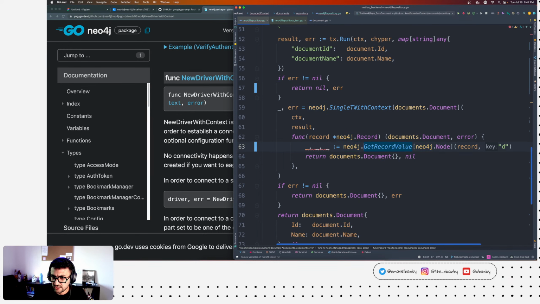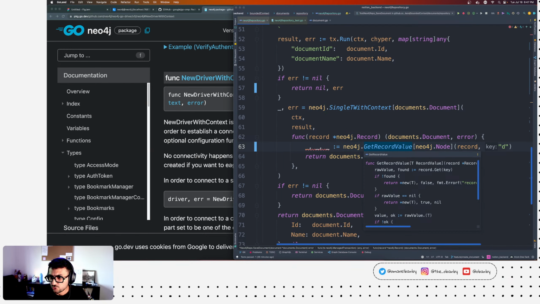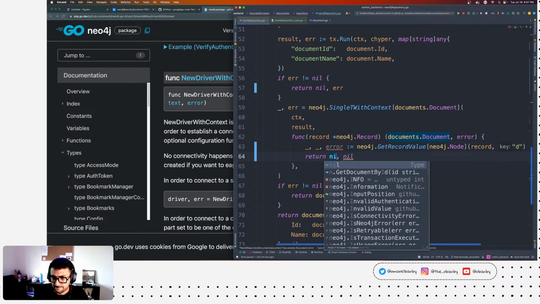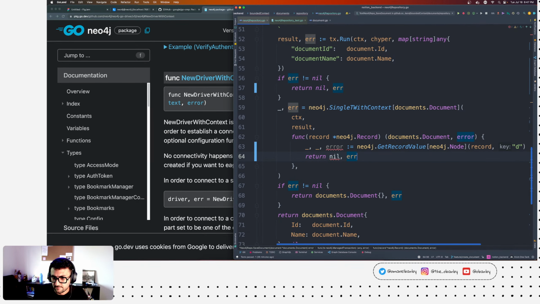And with the get record value, you get a record, a boolean, and an error. I'm just interested in the error.